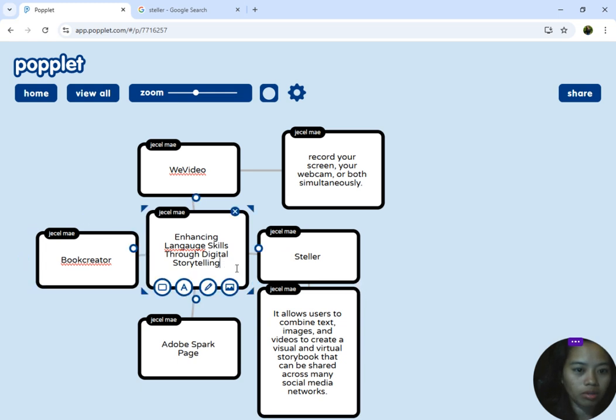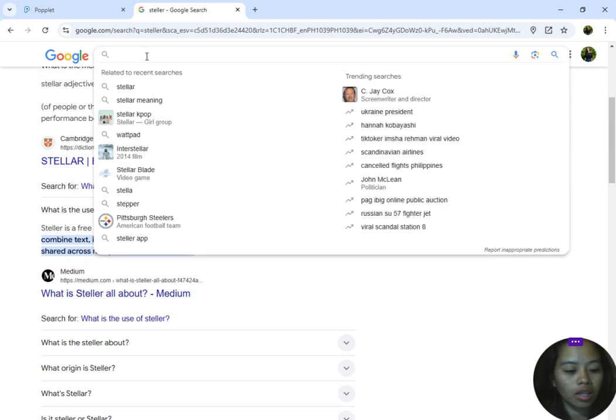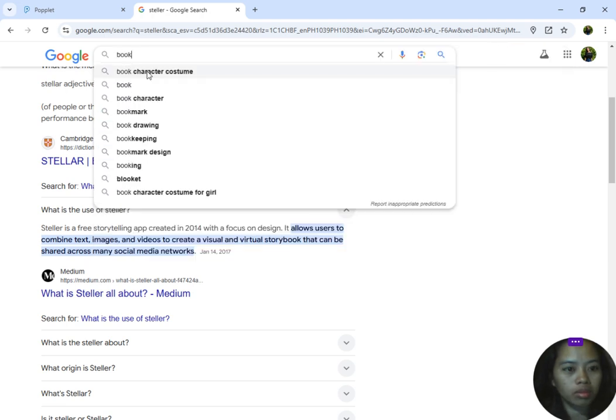Okay, in Book Creator, let's search its definition. Book Creator.